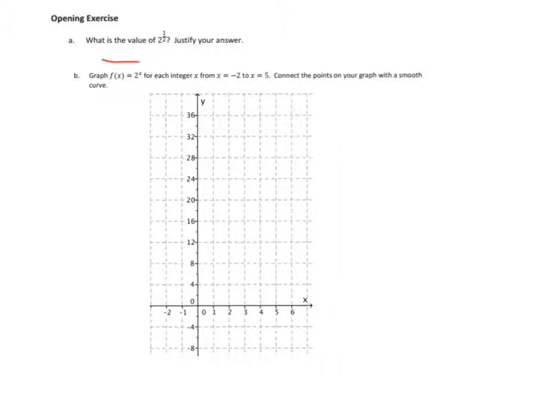Alright, so to start this off, what is the value of 2 to the 1/2, and justify your answer? Well, I would hope one would plug it in the calculator and do 2 caret 0.5, or 2 caret and then parentheses 1 divided by 2, and you will get that 2 to the 1/2 is approximately 1.4142 and it keeps going on, and it is irrational. It does not end and doesn't repeat. That should give you a little bit of a clue as to how these fractions are going to relate here